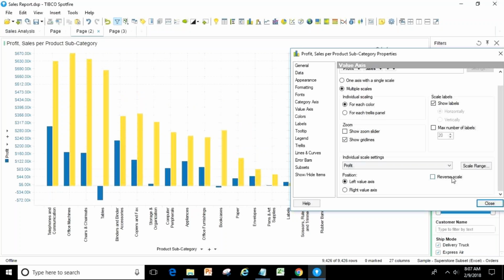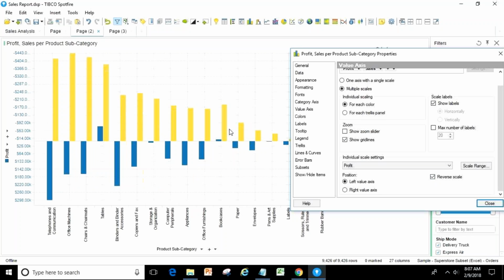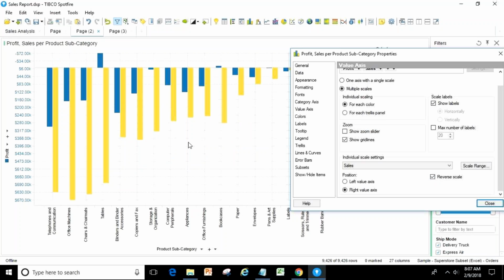But in this case, when I have the reverse scale, going down is positive only. The only thing is reverse scale is reverse. The same thing you can do for sales if you want, on the right y-axis or reverse scale. It is like that only.